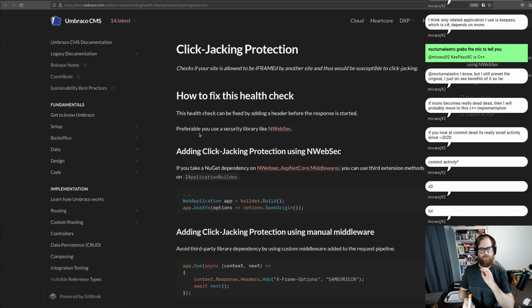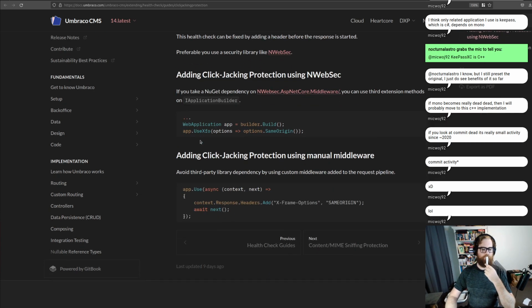So clickjacking protection. I remember I actually had this on version 12 and then I upgraded to 13, and I do remember I had to yank what I did out and redo it. So there is a package that can do it, but we don't want that package. So how to fix this health check? This health check can be fixed by adding a header before the response is started. Preferably you can use a security library like NWebSec, which is what we used, and we didn't want to do that because we had so many problems upgrading. So yeah,